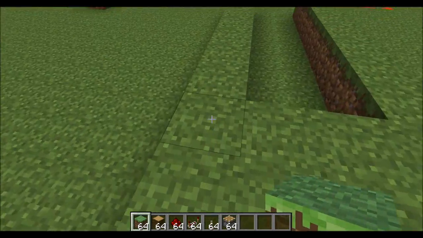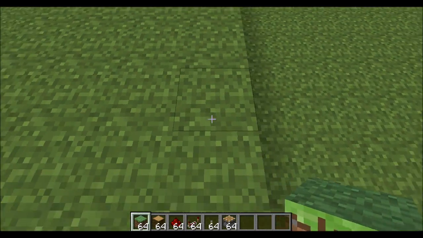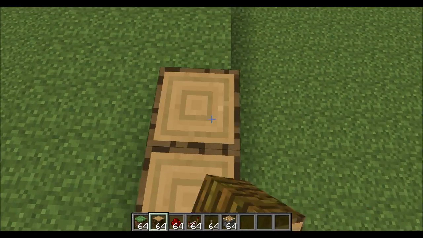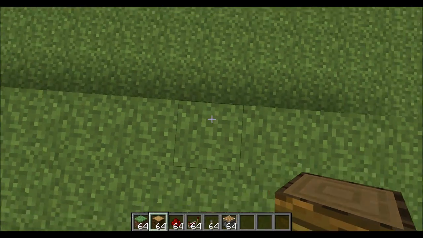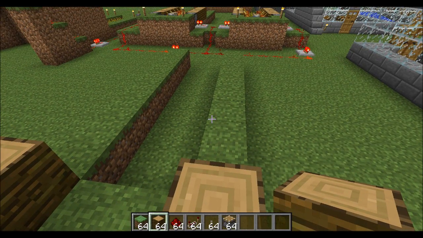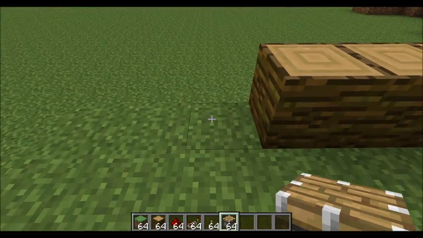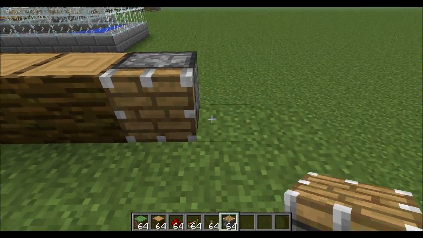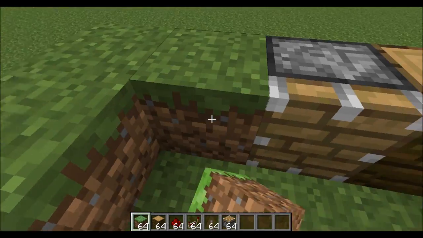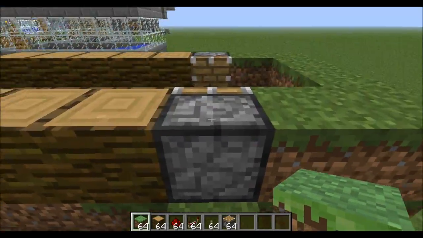So there's that, and then you can build up the walls, although the walls are actually going to be made out of these here. 1, 2, 3, 4, 5. Now these will only go back 5 spaces. The jungle wood will only go back 5 spaces because you're going to have a piston here, and then you can build this back up to hold the water behind the piston. So then you can start work on the redstone,